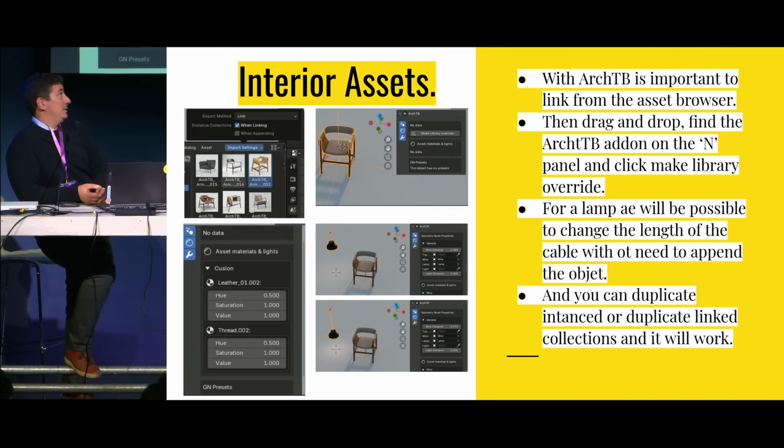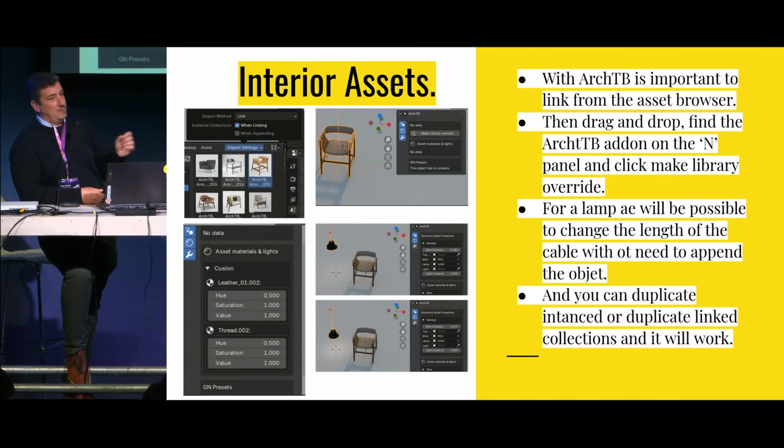I say that we did this for our needs because a lot of the things working as in the asset browser. The correct way to do it would be to link the object, so you don't append it and you don't have more geometry in the file, because there are a lot of props there. But the thing is, when you link it, you cannot modify it properly. There are library overrides, but we found a way with an add-on we developed too